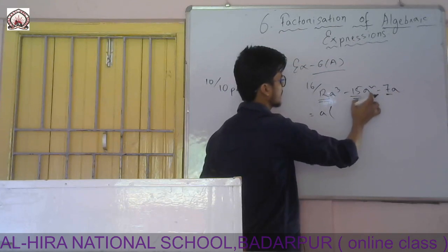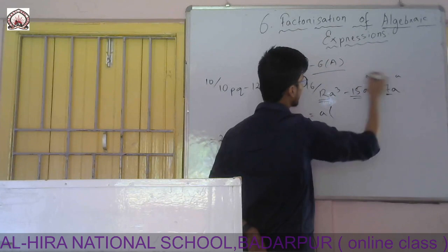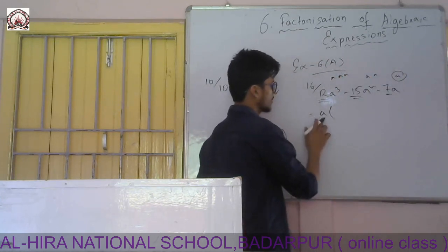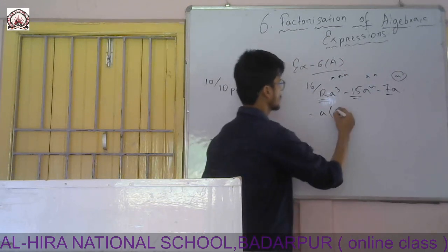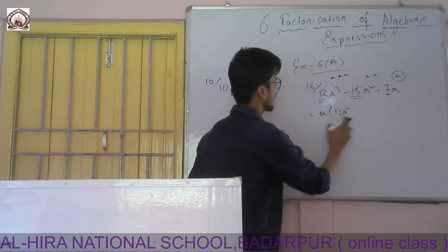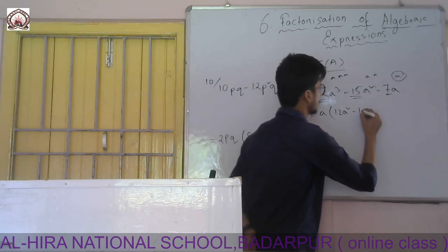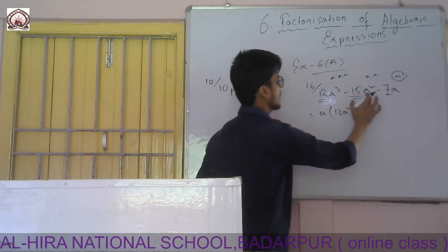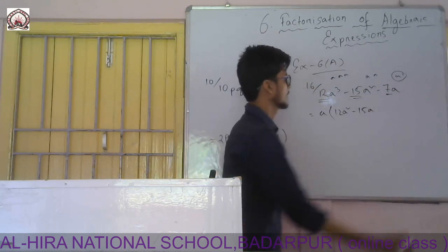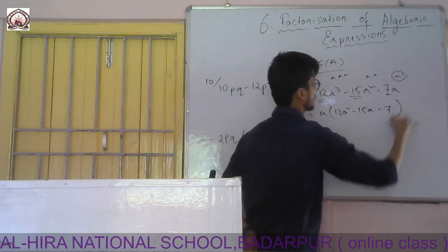Here A, there A square, that means there are 2A. If I break this one, there will be 2A, there are only single A, and there are 3A. So I can take only one term common, so I take out only one single A. Here left 12, and there A square. I have taken one, A square into A, it is A cube, minus 15, A square, 1A I have taken out, only A left, and the last term is 7. A I have taken out, so no need of writing this one.